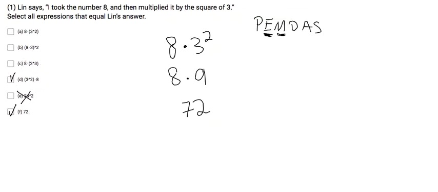So D is correct. 8 times 2 to the power of 3, we know 2 to the power of 3 is not the same as 3 to the power of 2, so that would give us a different answer. 8 times 3 in parentheses to the power of 2, we would get the same thing as E here, 24 to the power of 2, so we know that's not correct. And for letter A here, it's the same thing as D here, but switched around, and because of the commutative property, we know that that's going to give us the same thing. So our answers here are A, D, and